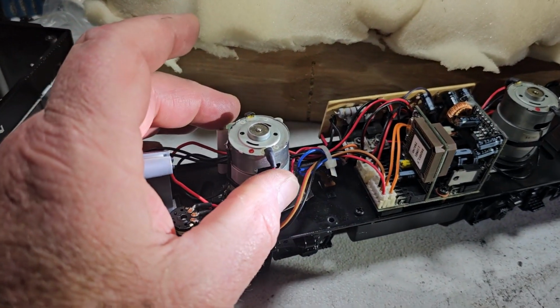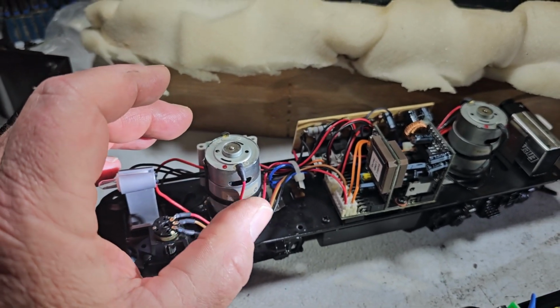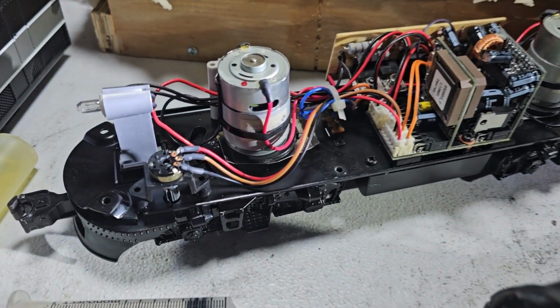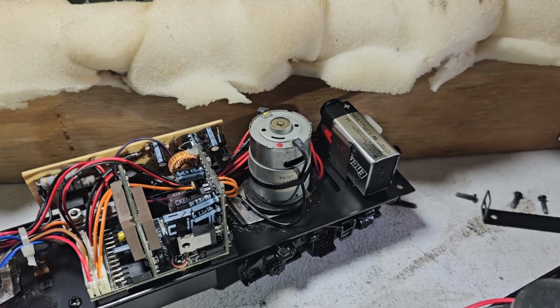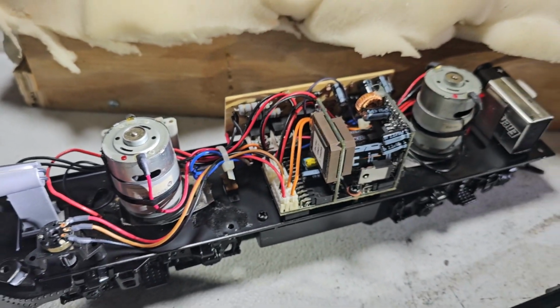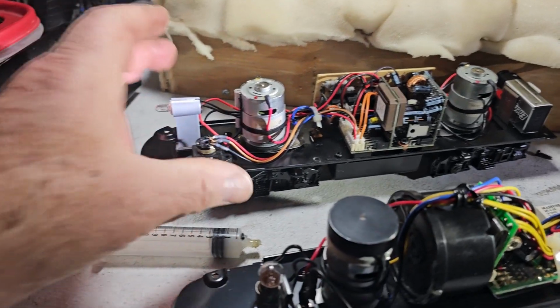The Alco PA from Lionel had a big giant motor with flywheels, right? This one doesn't have flywheels. This one does have a speaker and sound, but it's also a battery type system. I have to explore that more. I don't know if I can do the same thing with it I'm doing with the MTHs, getting rid of the battery with a capacitor. But